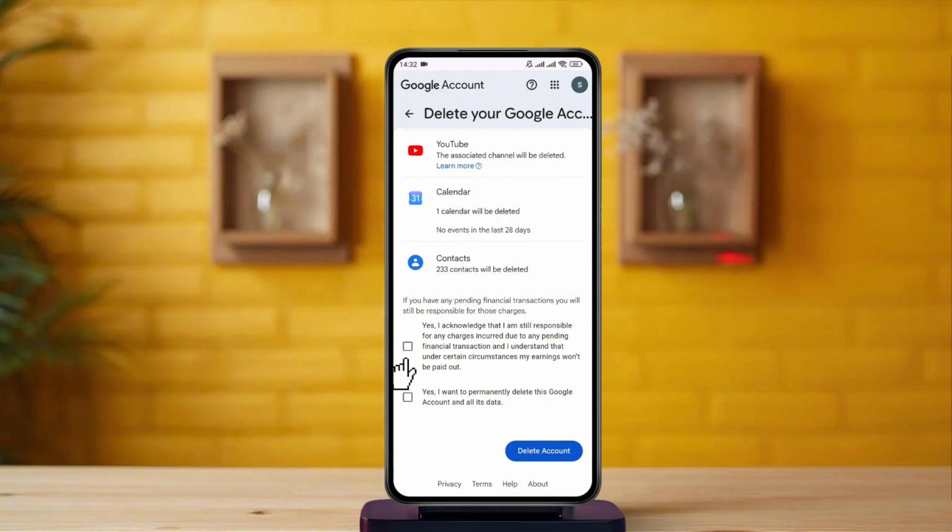Next, check both confirmation boxes. Then, tap Delete Account. At this point, you'll be asked to enter your Google account password to verify your identity. I'm not going to delete my account, but after entering your password, simply confirm the deletion and your Google account